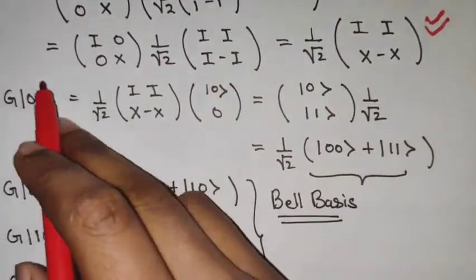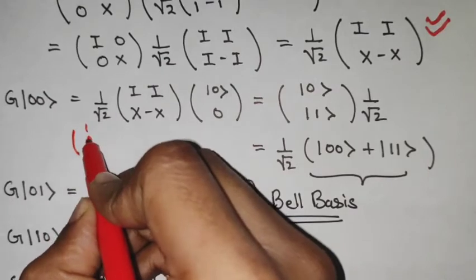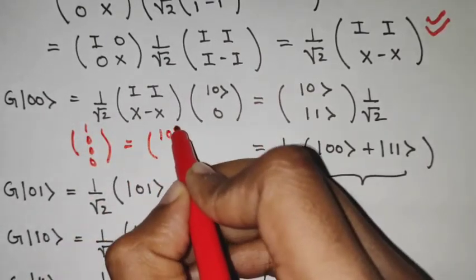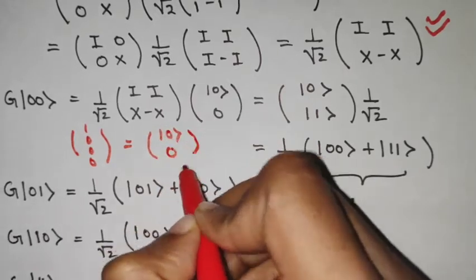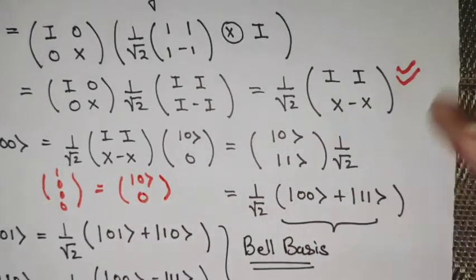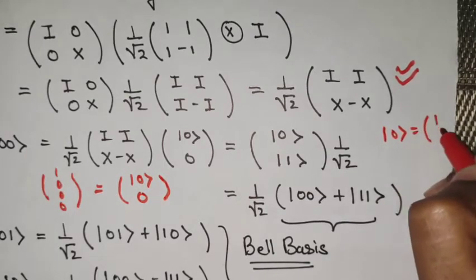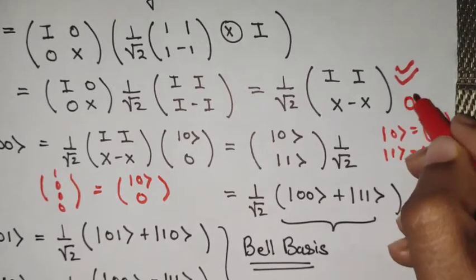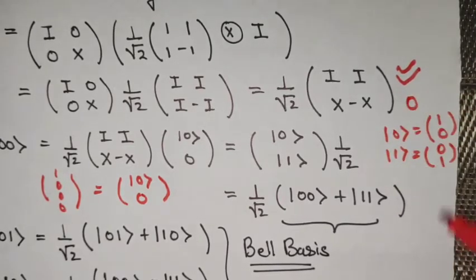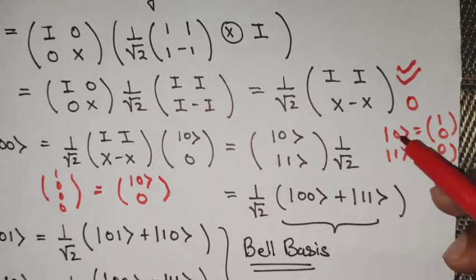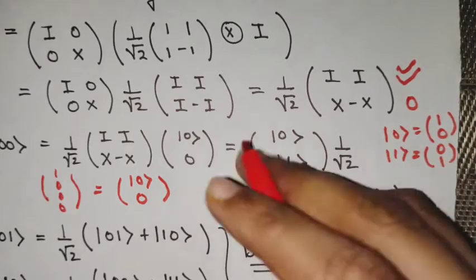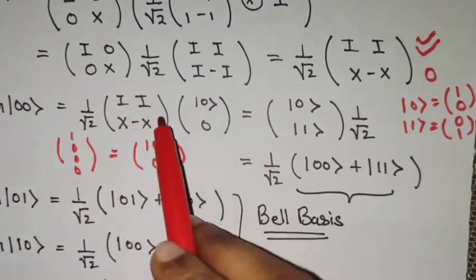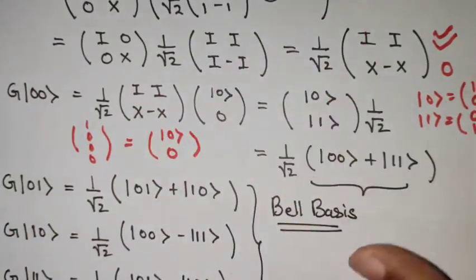So now let's put 0 0. So 0 0 is of this form, 1 0 0 0. This is of this form, 0. This is a qubit 0, and 0. You see, this notation can be a bit difficult, because 0 is simply 1 0, and 1 is 0 1. And this 0 that is there is the vector space 0, but this 0 that I am writing here is the state 0. So with those notations, we can act the gate operation on this 0 0 state, and what we will finally end up with